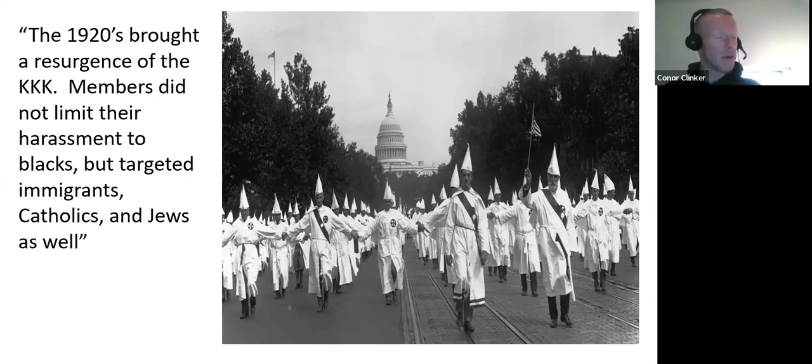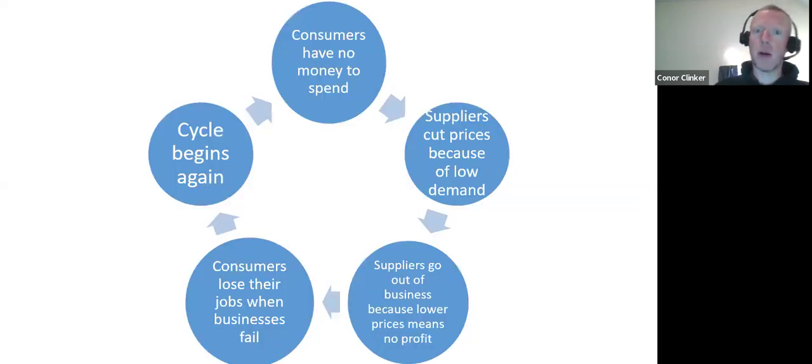And the other thing I want to point out about the Klan activity during this period, it's not just the Deep South anymore. The Klan was very active in the Midwest. The Klan was very active in California. The Klan was nationwide now because of something we covered previously, the Great Migration, where African Americans left the Deep South for the first time, moved in large numbers to, say, Detroit, Michigan. And what do you know? All of a sudden, there's a big Klan presence in Michigan. So this is the peak of the Klan's power.